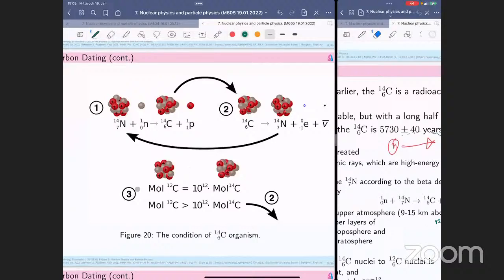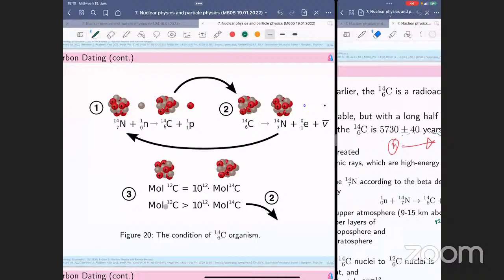So the amount of carbon 12 will be about a million times the amount of carbon 14. Every day. But once you die, once you pass away,